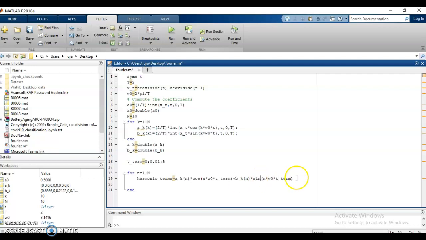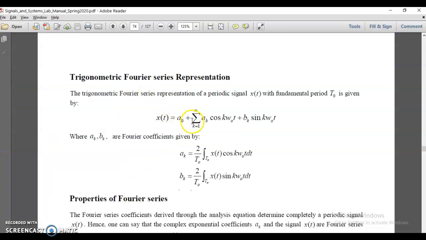omega naught t. Okay. And what next we have to do, in order to compute the complete x, first we need to have x equals to a naught. We are going to put it equal to a naught, because we have a naught, and then this whole term will be added, and this whole term will be computed using the for loop.